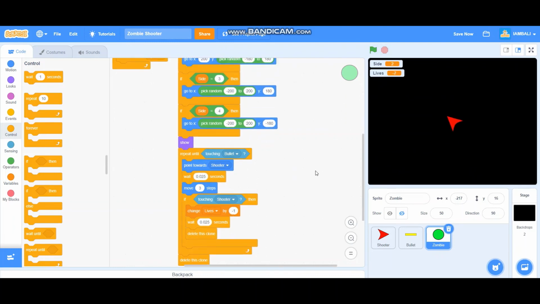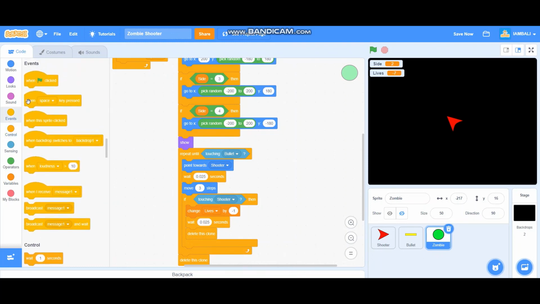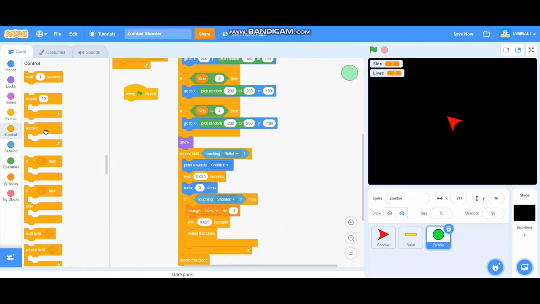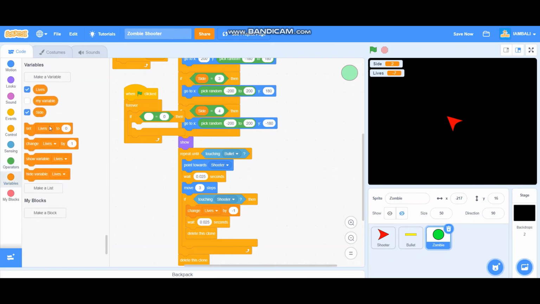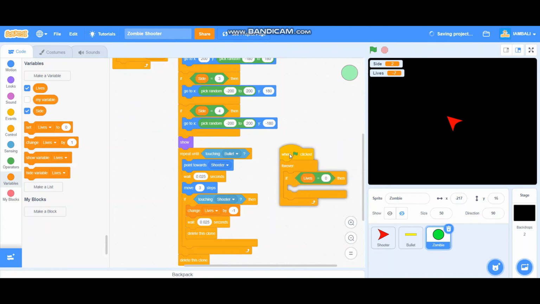So I'm going to add when green flag is clicked, add a forever block. If lives equals 0, go to variables and the lives block. It will